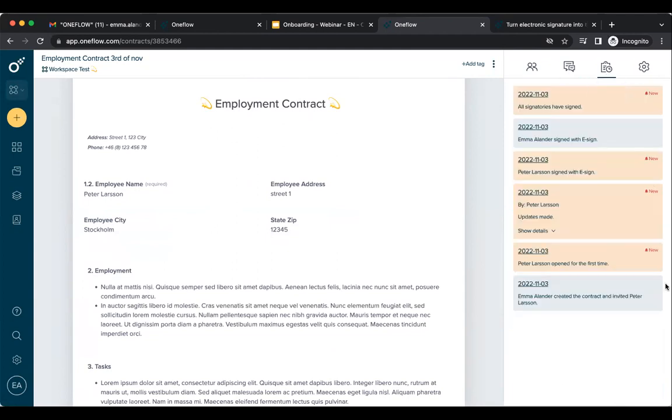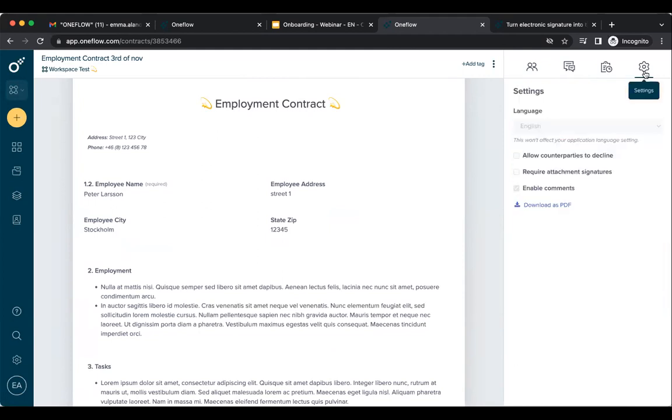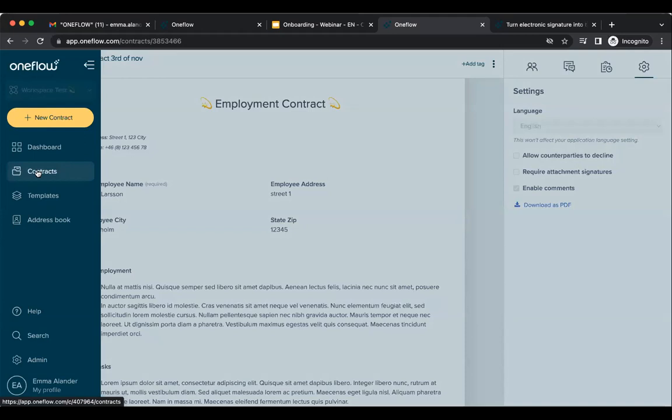And we can see here in the audit trail that this is always here as well. So if we want to go back in time and see exactly what has happened, by whom and when, we can always see that. And under the settings here, we can also download this as a PDF if we want to. So this contract is now stored within the Oneflow archive. If you want to find it in the archive, you just go ahead and click on contracts here in the menu bar to the left. So this is how the